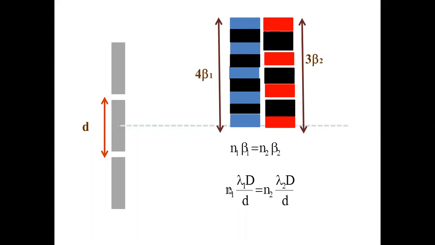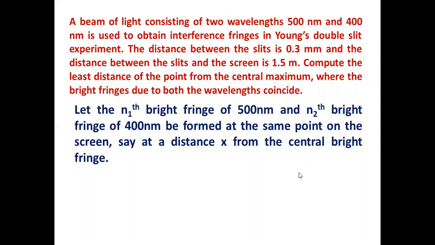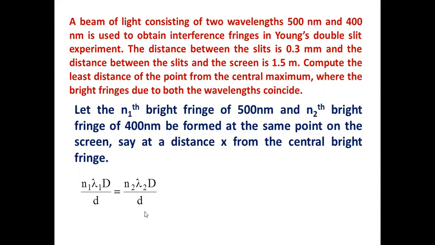So what can I write? N1 lambda 1 D by d is equal to N2 lambda 2 D by d. D by d is the same, so cancel them. What you'll get? N1 lambda 1 is equal to N2 lambda 2. Capital D by small d actually gets cancelled. But if you want to find out which are the n1th and n2th fringes,